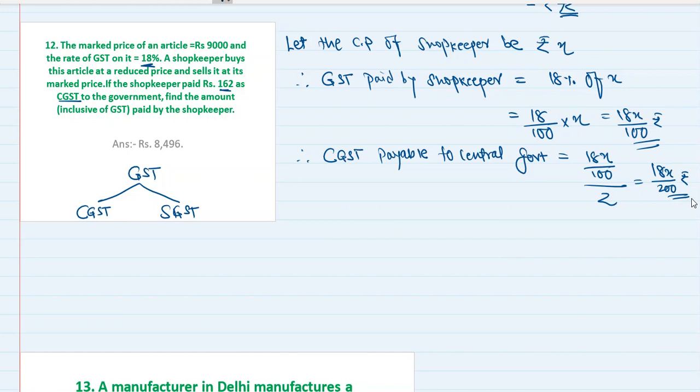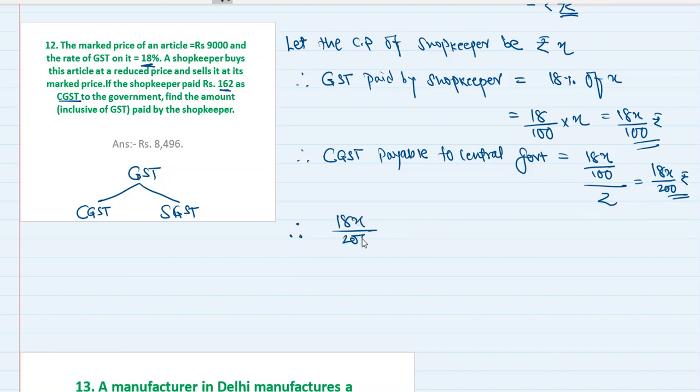Okay, CGST payable to central government is rupees 18x by 200. Now, what we have done is we have taken the total GST paid by the shopkeeper and divided it into half. So we got the CGST payable to central government. Now we can say that therefore